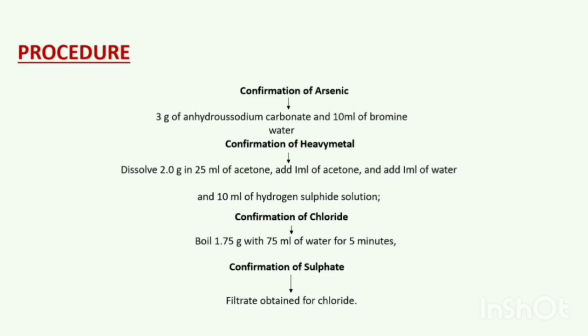Related substances, determined by liquid chromatography. First, test solution: dissolve 0.1 gram of substance under examination in acetonitrile and dilute to 10 ml with the same solvent. Second, chromatography system. Third, flow rate is 1 ml per minute. Fourth, spectrophotometry set at 237 nm. Fifth, injection volume at 10 µL.